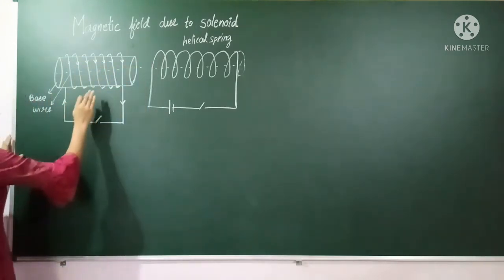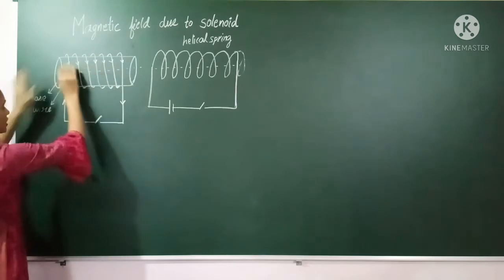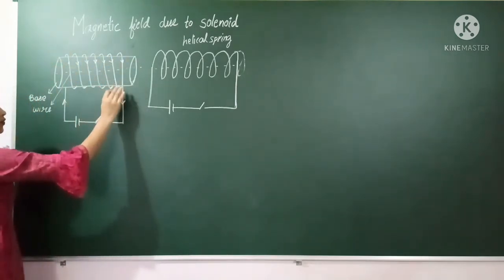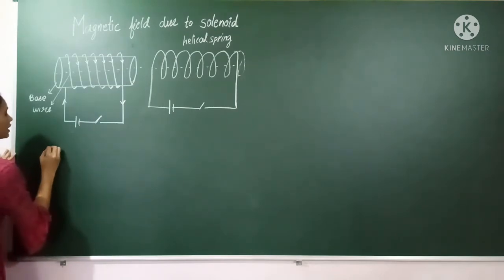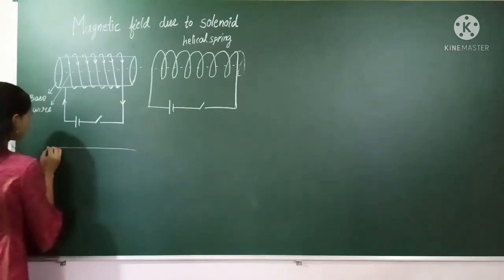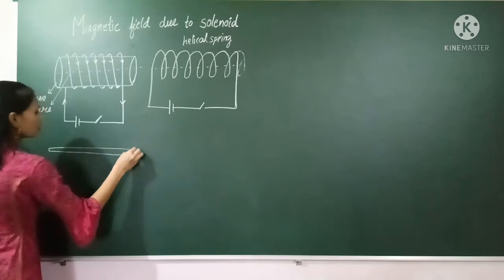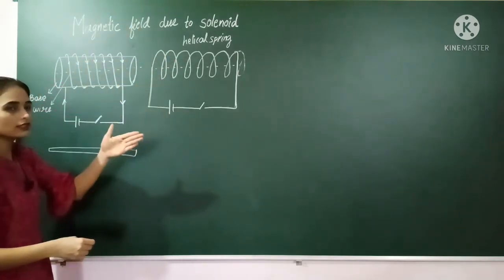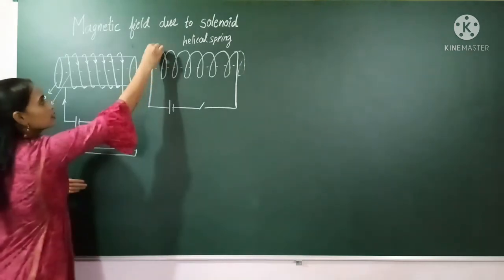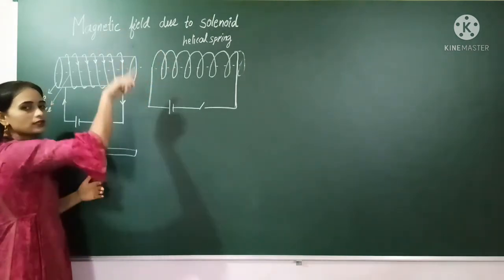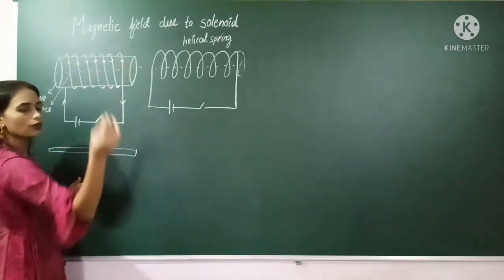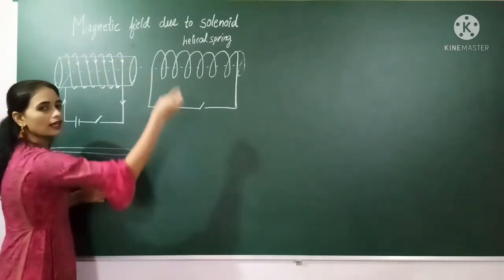So next, in this way, if the current is flowing, then in this region the magnetic field will be formed. If we want to know how the magnetic field is formed, we will take the two-dimensional image. Two-dimensional image means if you cut this portion like this, the coils are like this: coming outside, going inside, coming outside and going inside. So they are arranged like this.